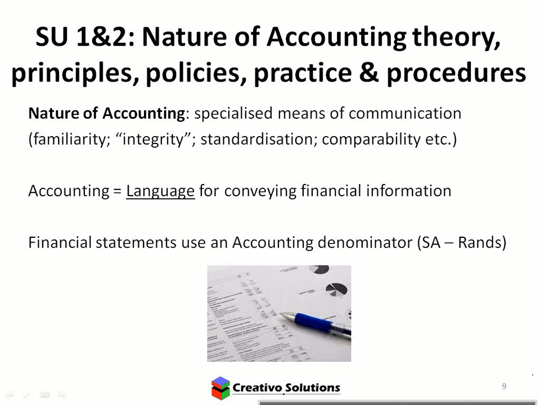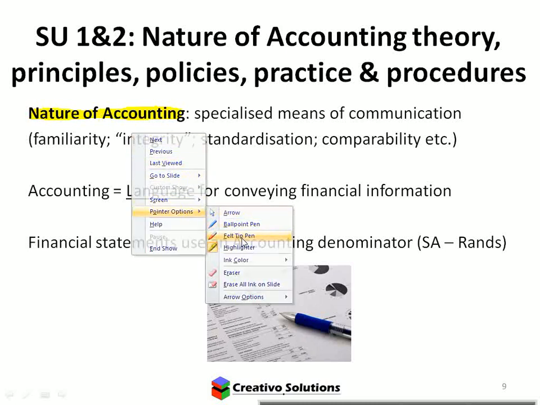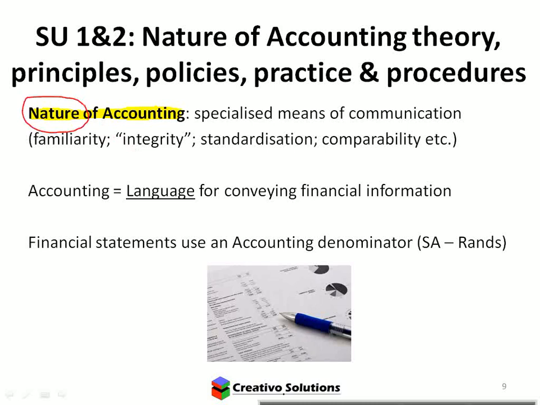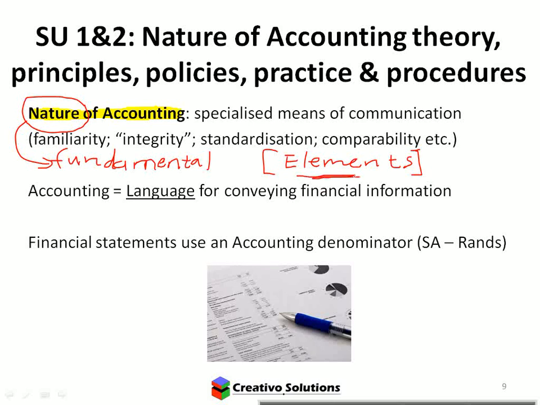Okay, so the first bit that leads on to those rules that we spoke about that are so important, foundation, is this whole idea of nature of accounting. When we talk about the nature of accounting, think about nature. So the trees, water, the ocean, the sea, those are all universal, fundamental, basic principles that won't change. Like earth, wind, fire, those elements. The same thing applies in accounting. You've got fundamentals that will never, ever change. And I call those elements. You'll see them on a later slide. We call them the elements. So like your earth, wind, and fire, we get accounting elements.